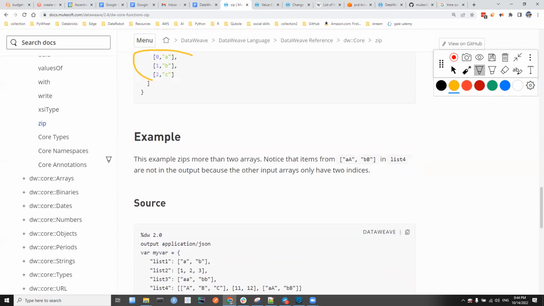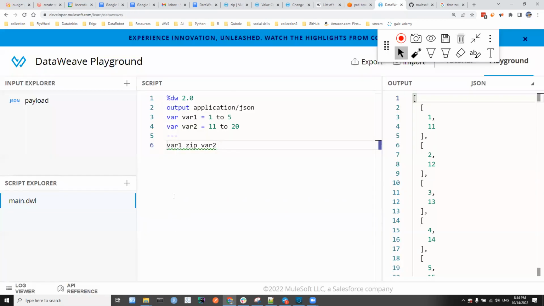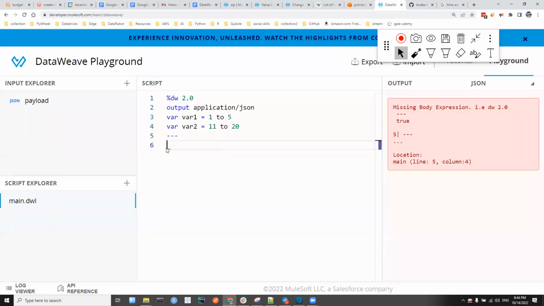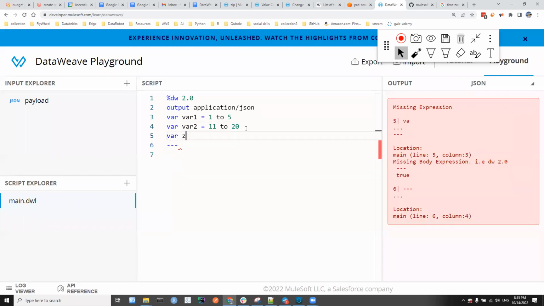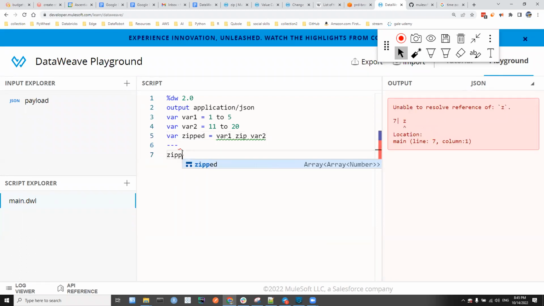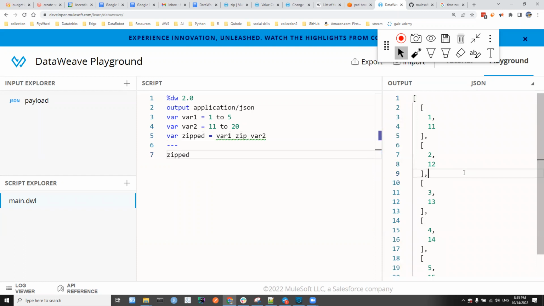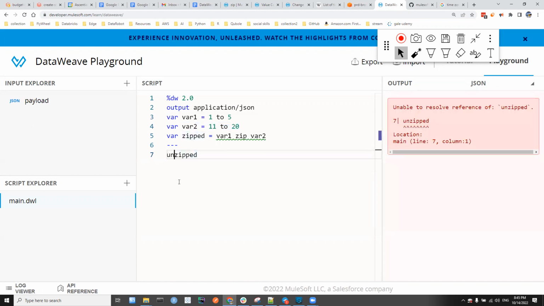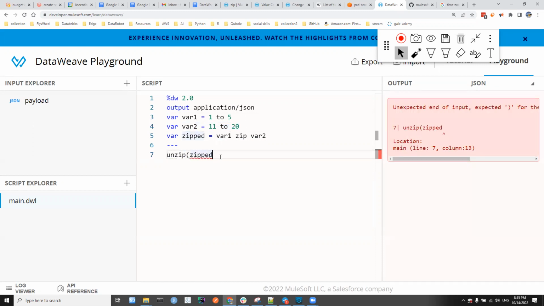The opposite of this one is unzip. Let's see. So I will create a variable here by zipping them. Var zipped equals var1 zip var2. Now, if you put zipped, you see the results here. If we do unzip, it creates an array with 2 elements, where both elements are arrays themselves. The first one will be this one, and the second one will be this one. But there could be some elements missed because of the zipping in this case. So if I do unzip, you see here,